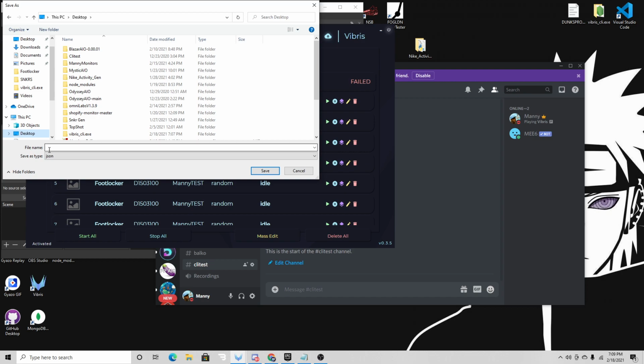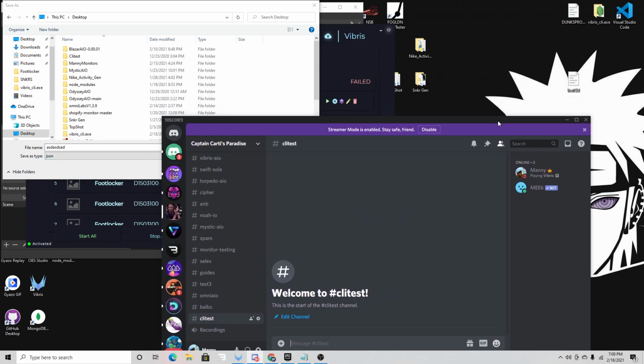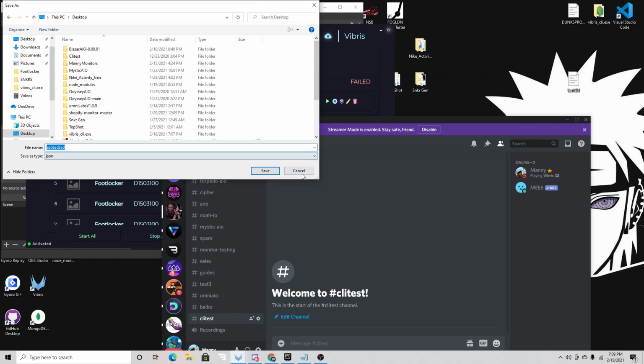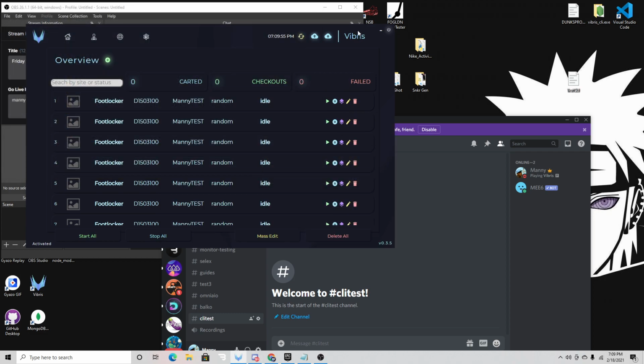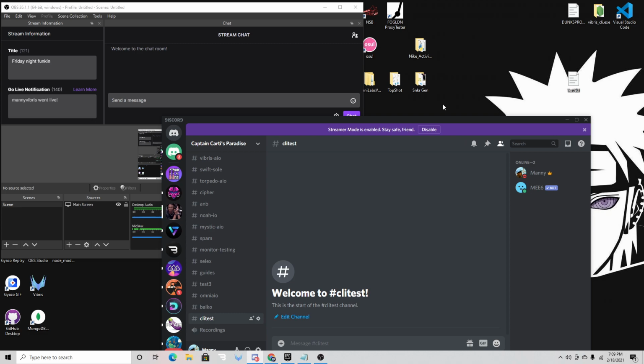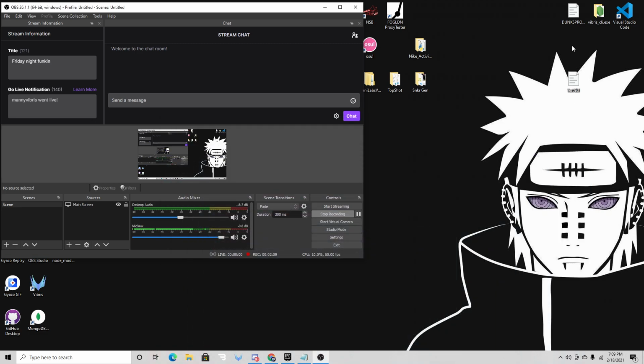And I recommend clicking the desktop organizer and naming it whatever it's going to be called and clicking save. I already have one made right here, so I'm not going to be doing that. But if you do that, it'll pop up on your desktop. So once you create your desktop, you're going to want to